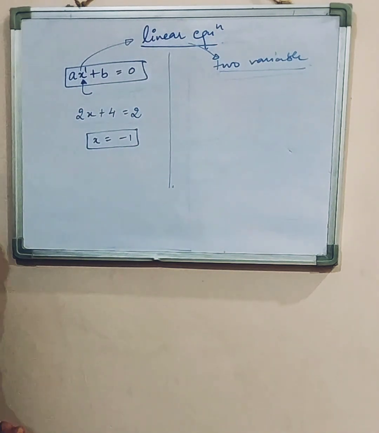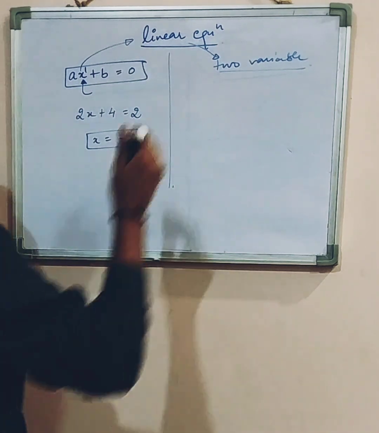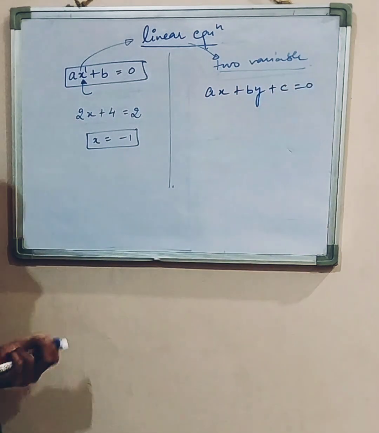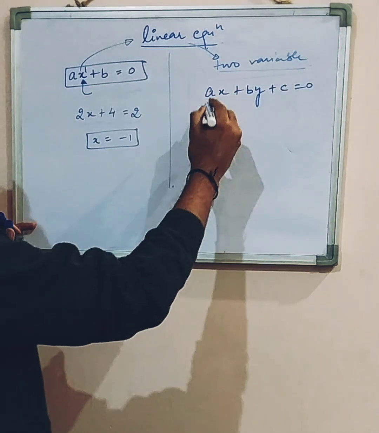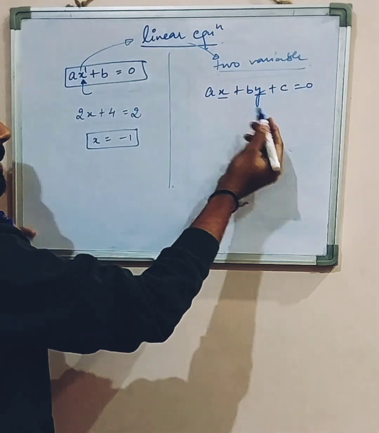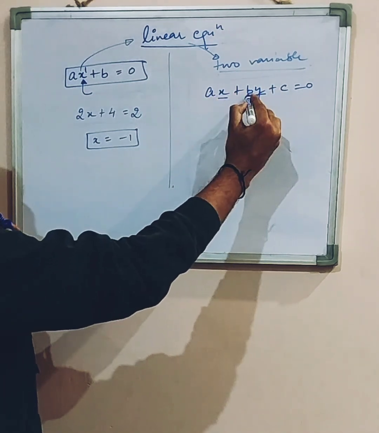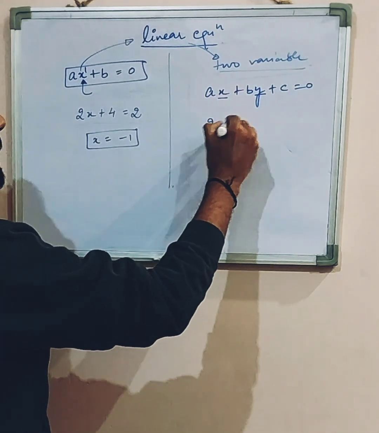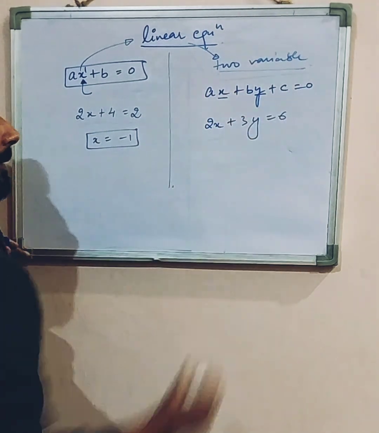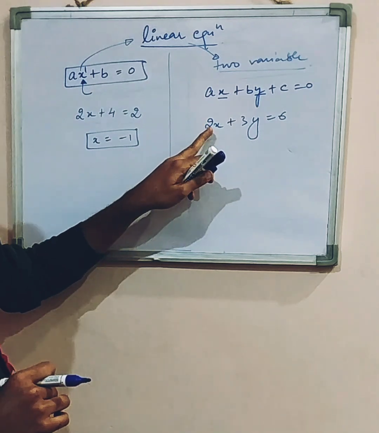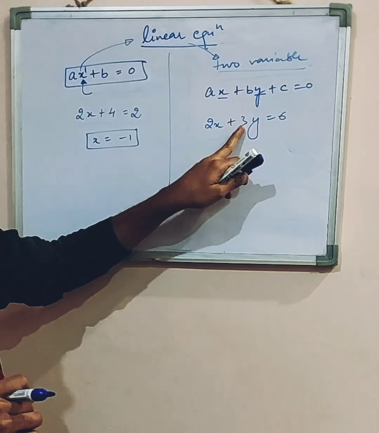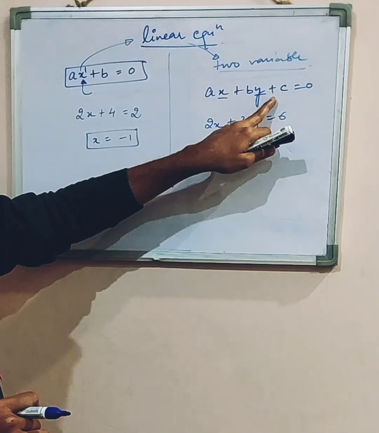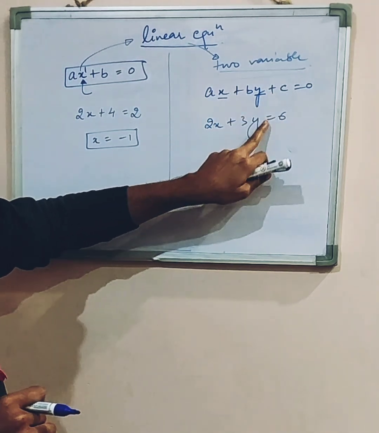So in two variables, we have ax plus by plus c is equal to 0, right? So x and y are the variables. a is the coefficient of x, b is the coefficient of y, and c is the constant term. Okay. For example, 2x plus 3y is equal to 6. Here a is equal to 2, b is equal to 3, and c is equal to how much? This is -6. If we compare this with the standard form, so bringing it to the left side, c is